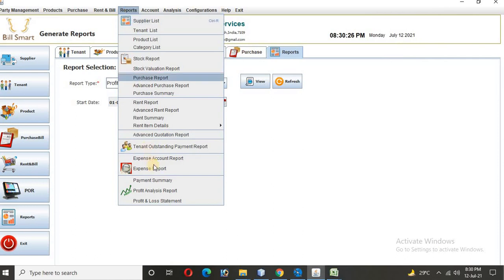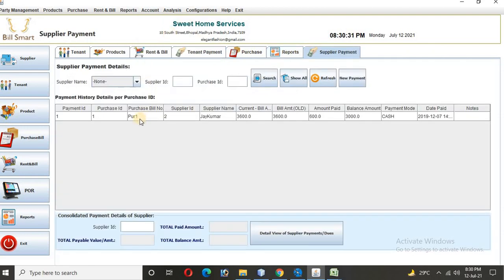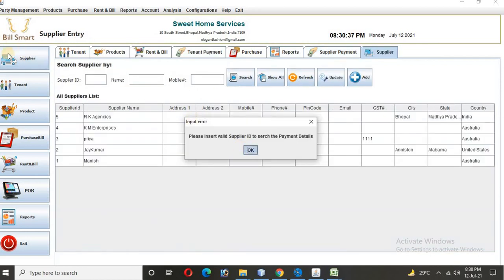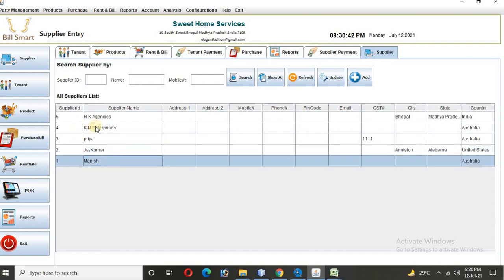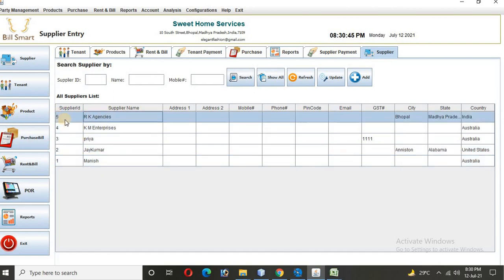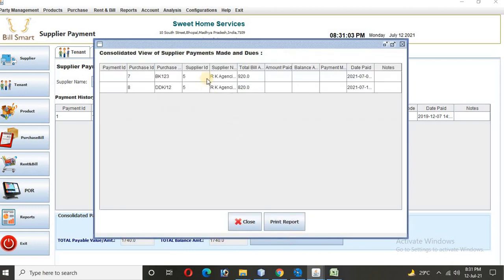Then expenses, let me cover you quickly with the expense. Supplier payments is similar. When we have to make a payment to the supplier, I can see the suppliers up here. So you check on a supplier, RK agency, KM agency, Priya, Ajay Kumar, Manish, etc. So KM Enterprises or RK agency is supplier ID 5. So I just wanted to check. I go back to the bottom section here and I type 5. So I'll see that 1740, which I showed you just now, as a bill just created for ACC and then some other purchases. So 1740, and I want to see the details, so click on the summary there.